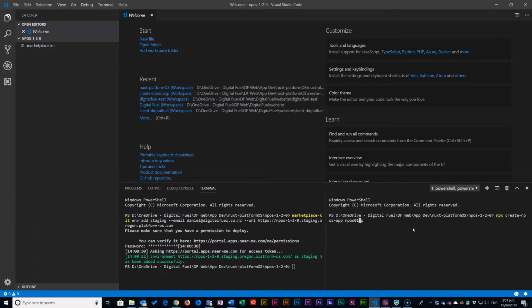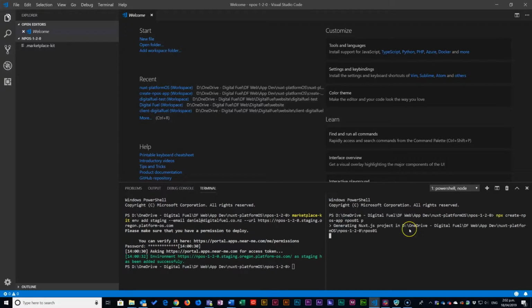And as you can see here, we use npx create npos app. The next property is the name that you want to call the project, and then P for project. By default, we set up modules, which we can do. So adding P just means that we will create a PlatformOS project, which puts all the files into the root of marketplace builder. So if we hit enter on that there,